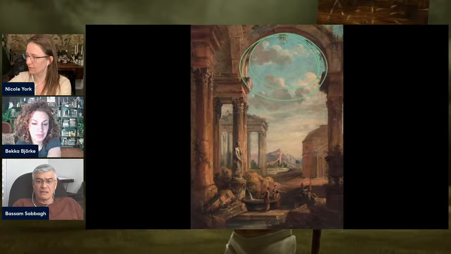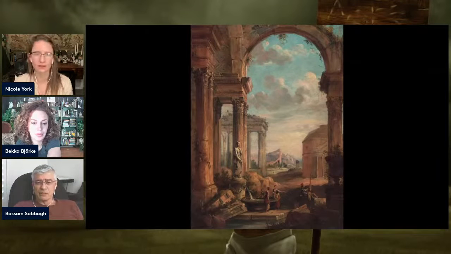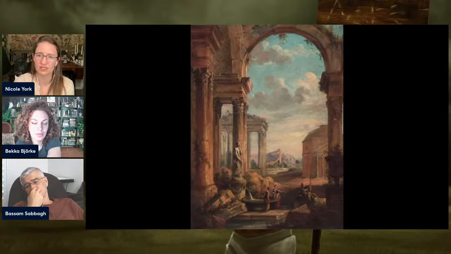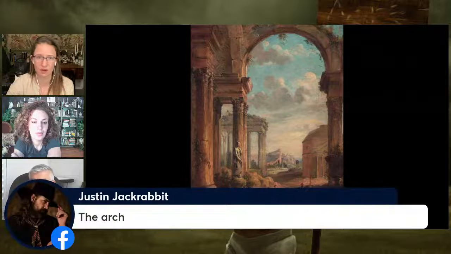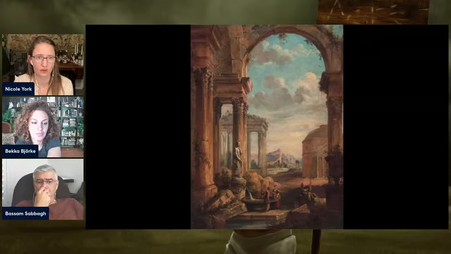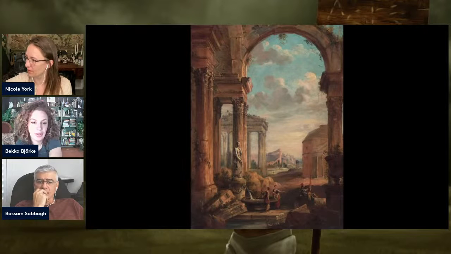Exactly. Interesting. I mean, the white leading up to the blue, and everything is framing that area. And then I realize there's people in the picture, after the fact. Justin is saying the same thing. His eyes go to the arch as well. And you said, Becca, yours as well. First thing is the arch. And then we travel down.